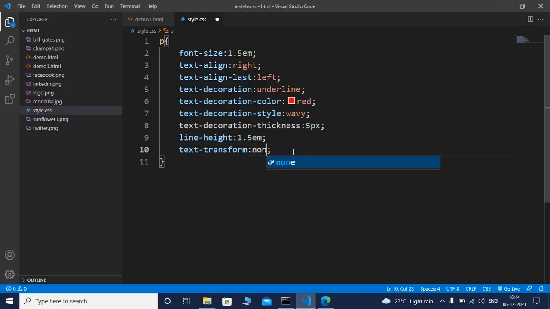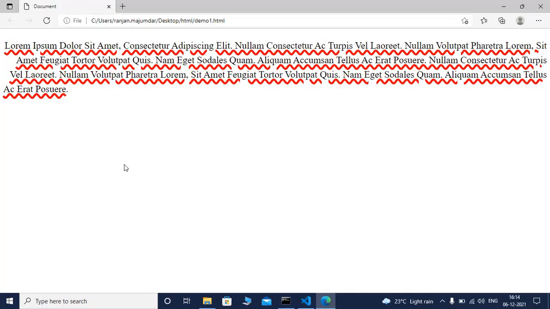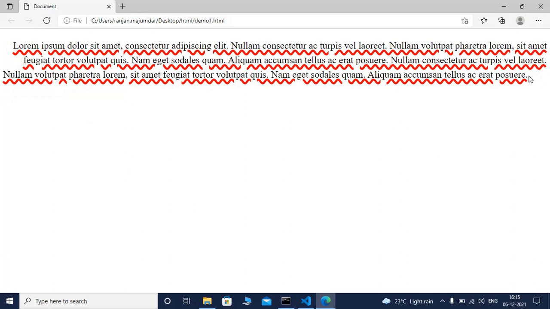To move to the default value, I am again using none. So you can see the default value. The next property is the text indent property. What is text indent? Before giving an explanation of text indent, at first